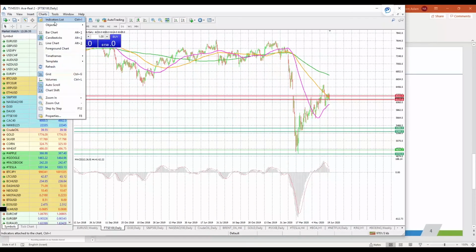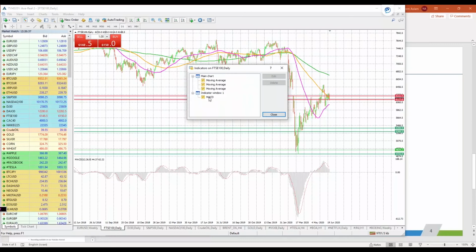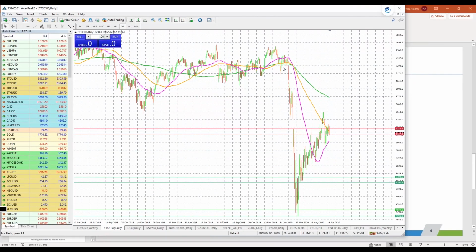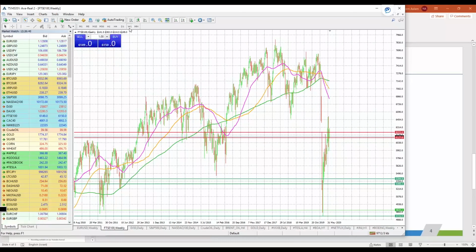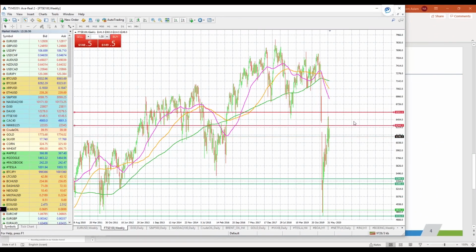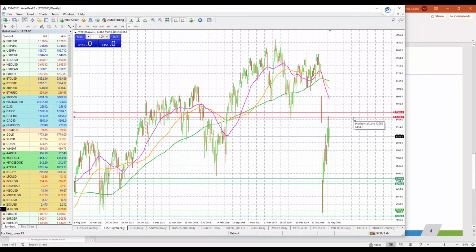But what we are going to do is get rid of unnecessary indicators such as MACD and all of that. I just don't like to have them on the chart when I do my analysis, because I really want to pay more attention to the price action and the price action only. I don't want to get boggled by looking at the indicators, which are lagging indicators anyway, because the price is the first and most important indicator when it comes to it.